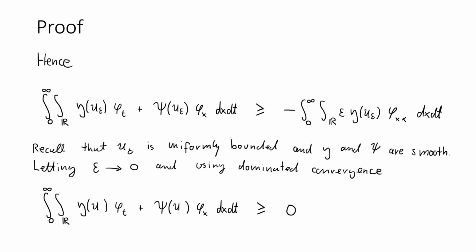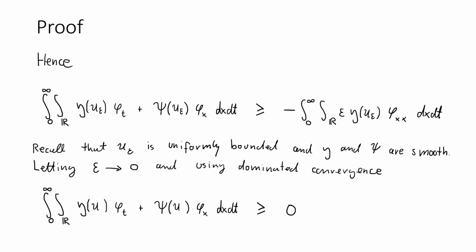Now we use the inequality from the previous slide and the fact that phi is non-negative. So we arrive at the same left-hand side as before is greater equal negative integral from 0 to infinity in t of the integral over the real line in x of epsilon eta u epsilon times second x derivative of phi dx dt. Now we recall that u epsilon is uniformly bounded and that eta and psi are smooth functions